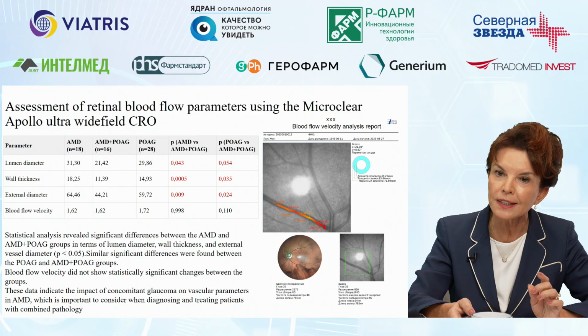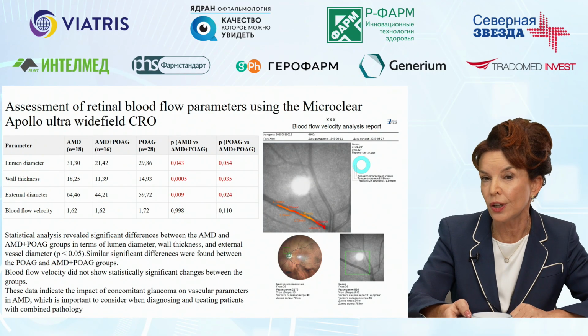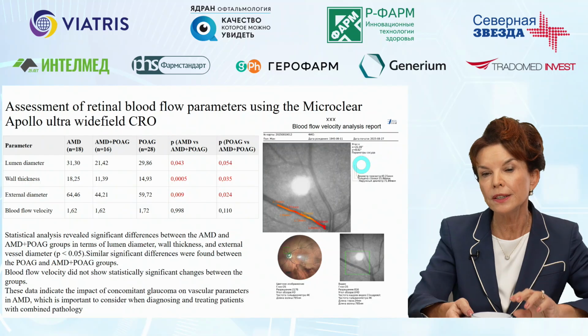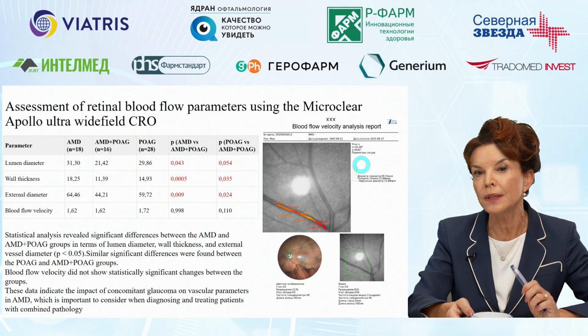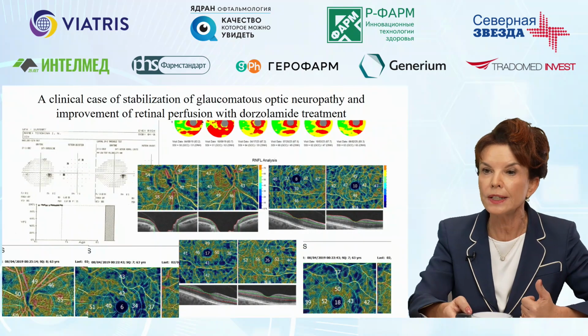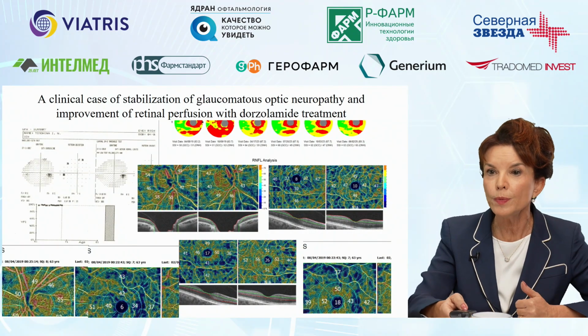the blood flow is basically the same in both groups, but the thickness of the walls of the vessels is different. Moreover, the thinner vessel, the thinner wall, a narrowing of the diameter was in the group with concomitant pathology, and it was lower in case of glaucoma as compared to AMD. We assume that our patients have atherosclerosis, hypertension, and this has an impact on the retinal blood flow on the one hand, but also glaucoma as a process may have a negative impact on the AMD in terms of